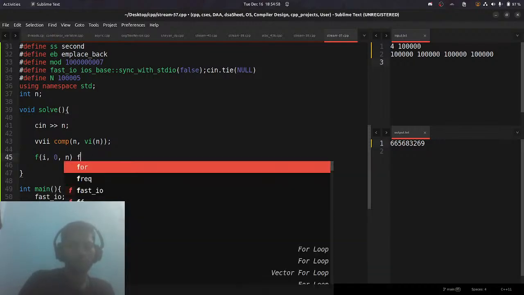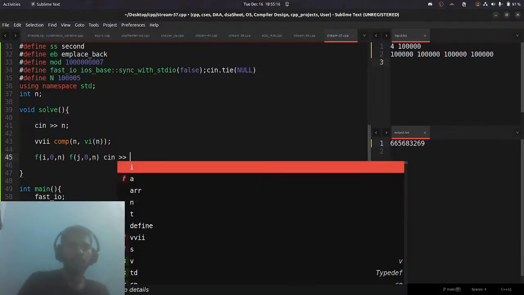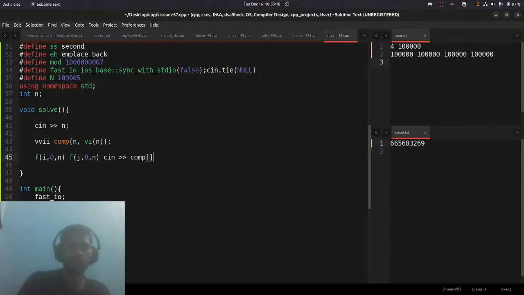Again we have a for loop going from 0 to n for j. I'm trying to use the template here. Okay, and the input is compatibility ij. So this is the array input,